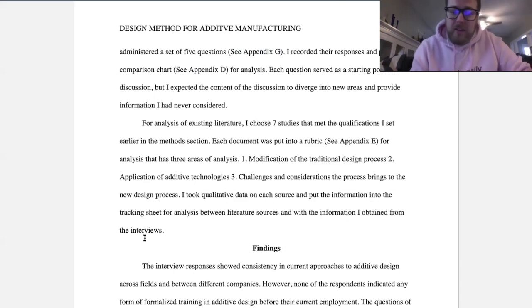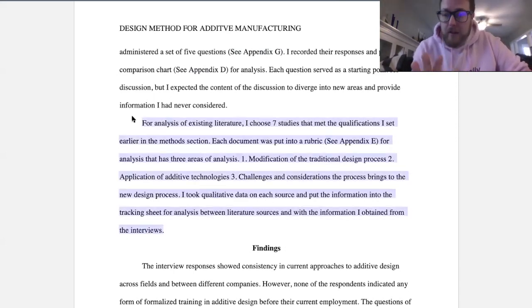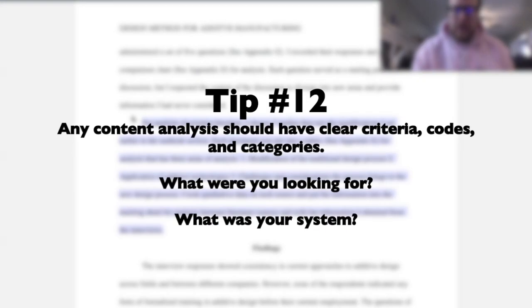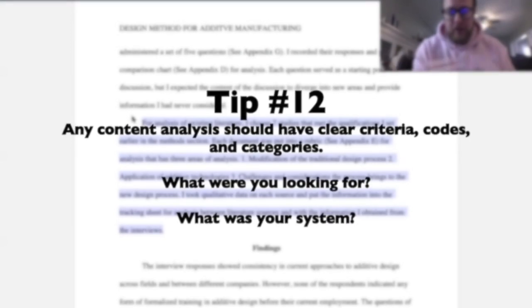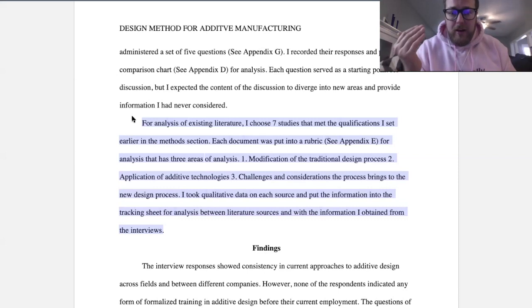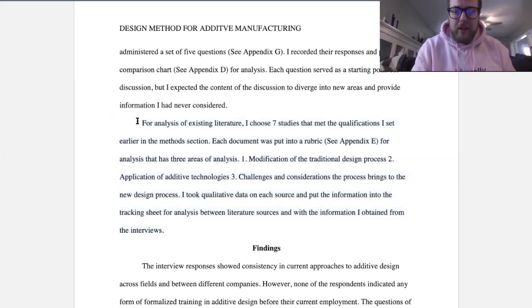Now, here's the thing worth noting here: for you content analysis people, or people who have that as part of your research, it is absolutely crucial that you don't just fall into what could easily become, okay, I read a bunch of research and here's what it said. Or I was looking for this and here's what I found. It could be really easy to jump from point A to point C without telling us what point B was, or what the middle part was. What you really need to do is give the reader a sense of